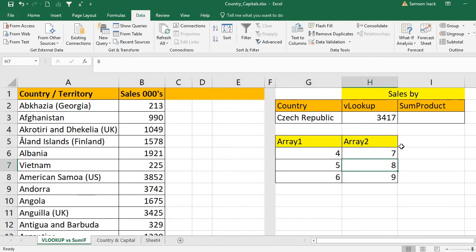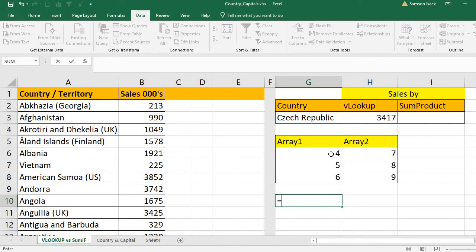Finally, add all the products. That's why it is called SUMPRODUCT. I'll show you how. First value of array 1 into first element of array 2